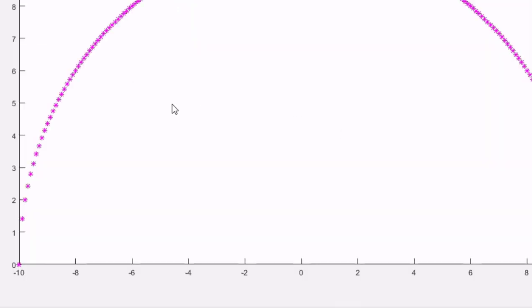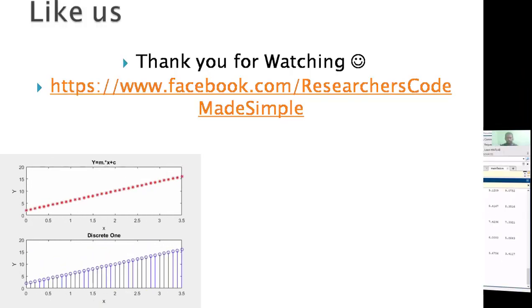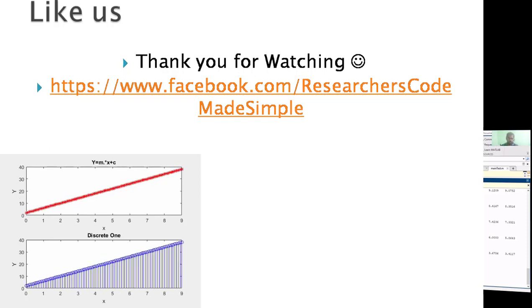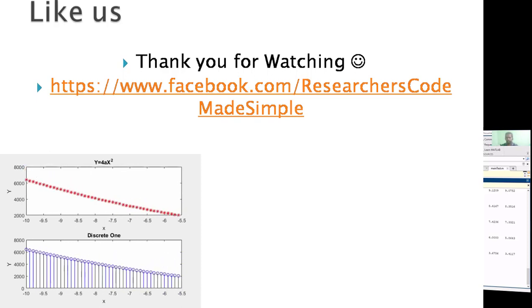So you can draw whatever equation you know from basic mathematics, maybe a basic linear line equation or another non-linear equation. We have studied so many equations. Whichever equation we need to use, if we know the x value, we can automatically predict the y value using this basic MATLAB procedure. This is also a very important thing. If you know this concept, then it is easy to understand at the upper level. Okay, thank you for watching.